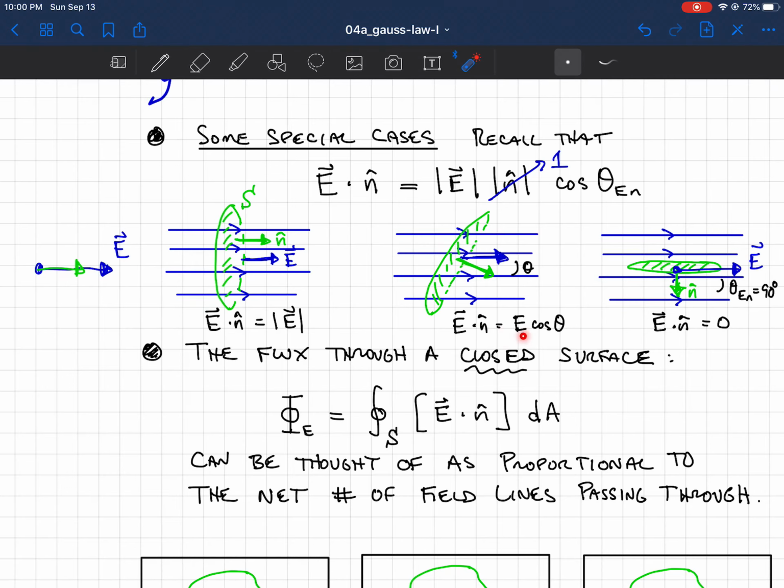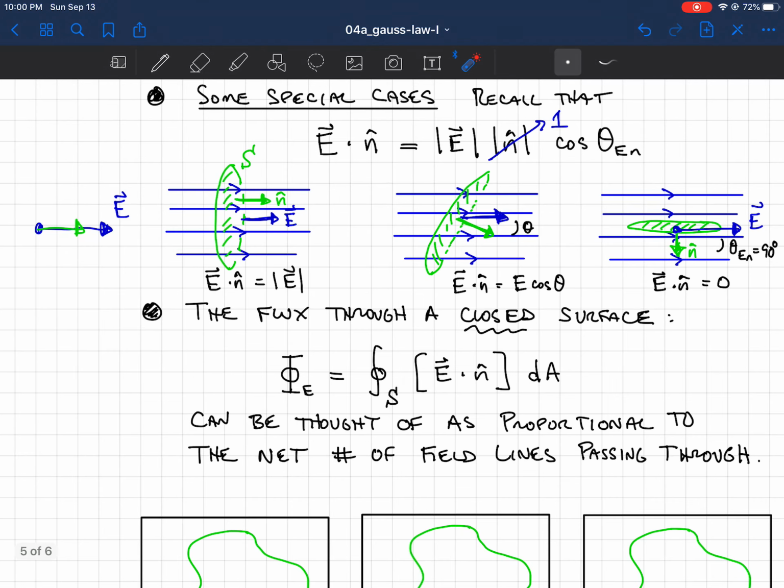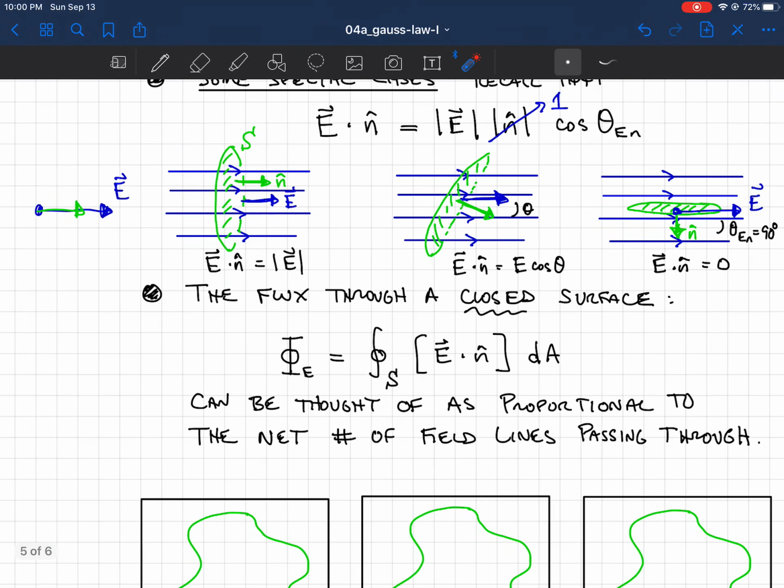If they pass through at an angle, then you'll get some cosine theta in there. And if they pass exactly perpendicularly through the surface, then that leads to the maximum amount of flux, which is just the absolute value of E. Sorry, it's not the flux, it's just a piece of the flux, because remember, for flux, you have to also multiply by the area. Okay, so